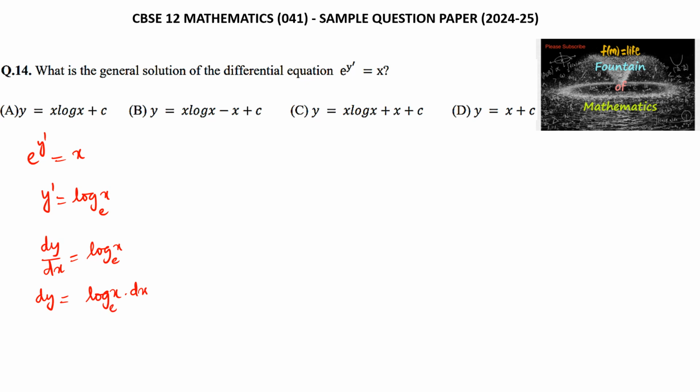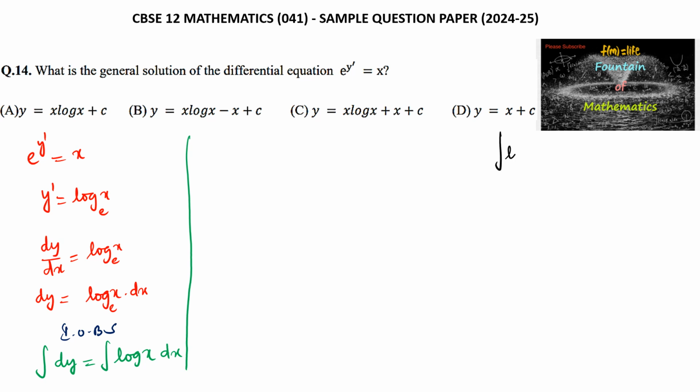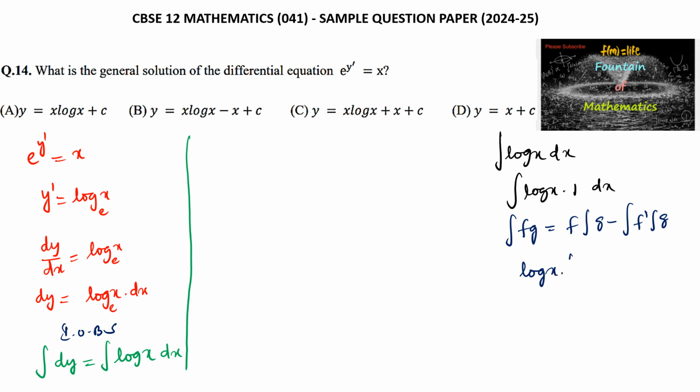Now integrating on both the sides, so we get integral dy is equal to integral of log x dx, and we know that integration of log x we can find it by log x into 1 dx. By using the fg rule, integral of fg is equal to f into integral of g minus integral of f dash into integral of g. So here we can write log x into integration of 1 dx minus integration of differentiation of log x is